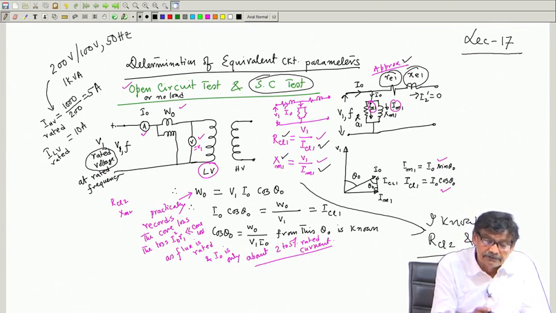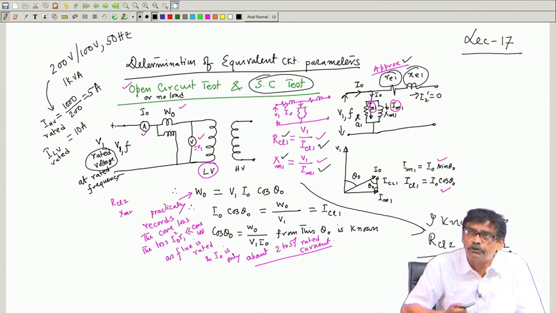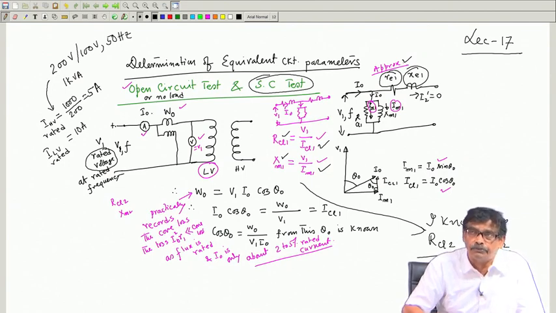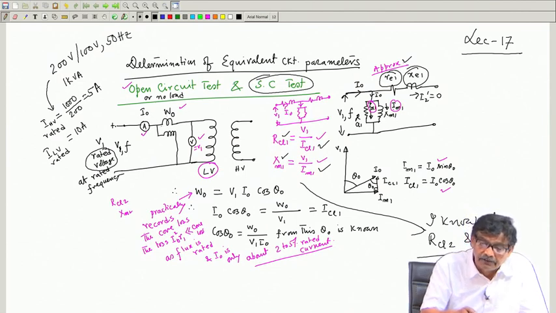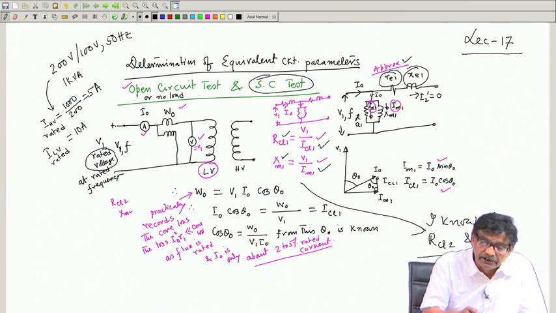Now, what I was telling, HV rated is 5 ampere, therefore I expect the no load current to be of the order of 5% of this, that is 5 into 0.05 is 0.25 ampere. So, perhaps an ammeter of range 0 to 0.5 ampere will do. Similarly, the current coil range of this wattmeter I will select as 0 to 1 ampere, that will be a good choice, and the pressure coil will be 100 volt, that is what we did.